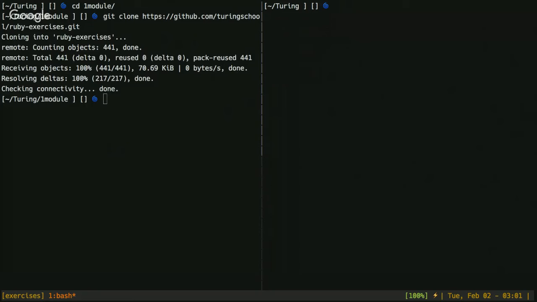So type that in, and it should clone down and copy into your directory. So we're just going to pause here and let everyone clone that down.